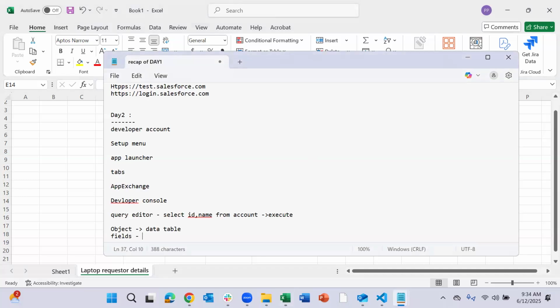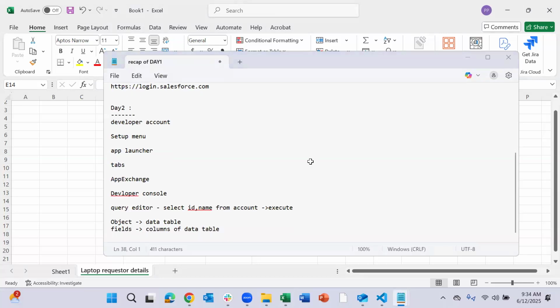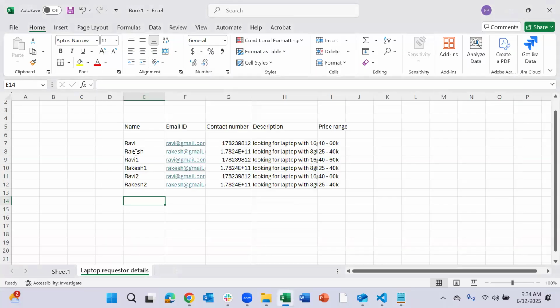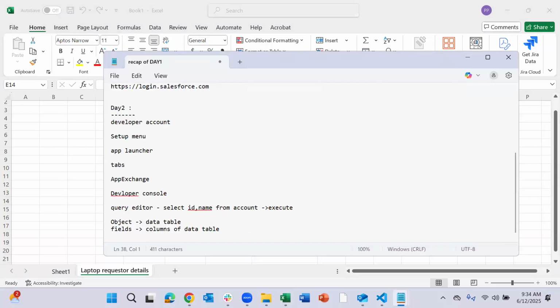So what are fields? Fields are nothing but the columns of the data table. And what are the rows? Rows are nothing but the records. Records are nothing but rows inside the data table.